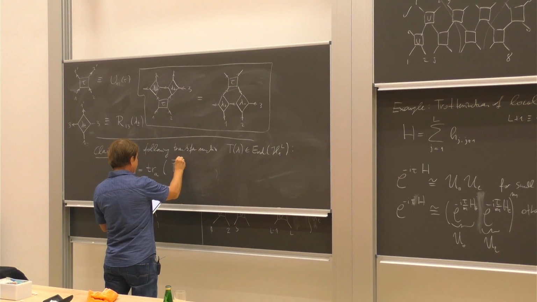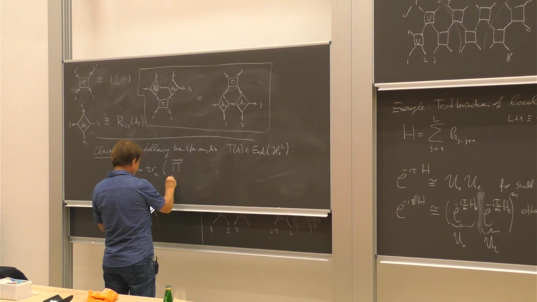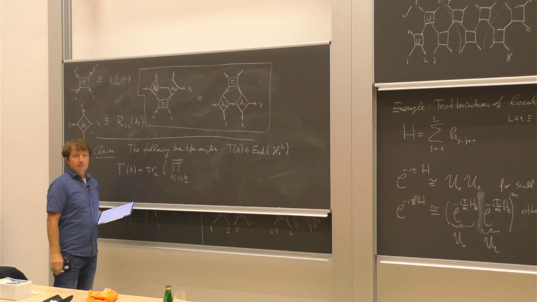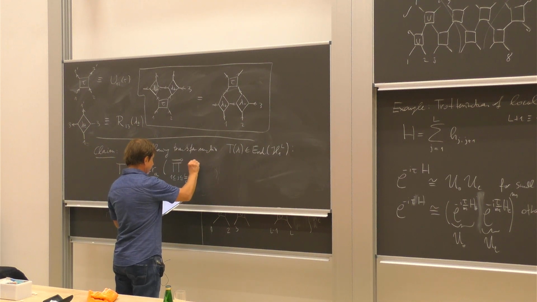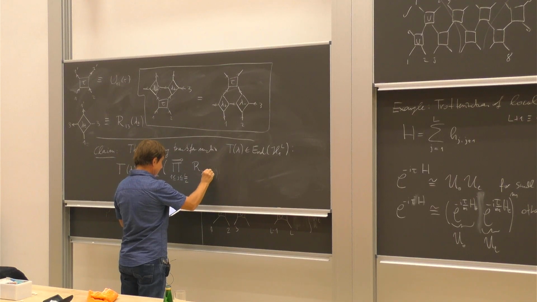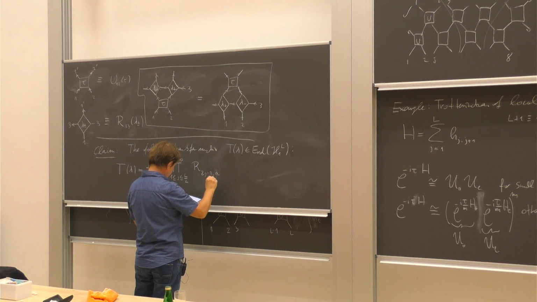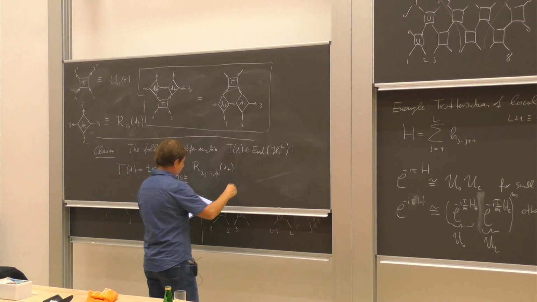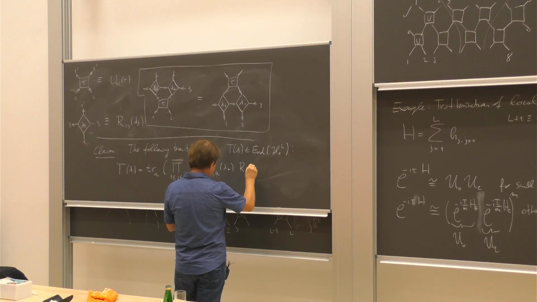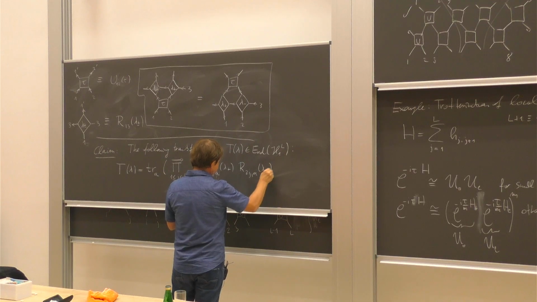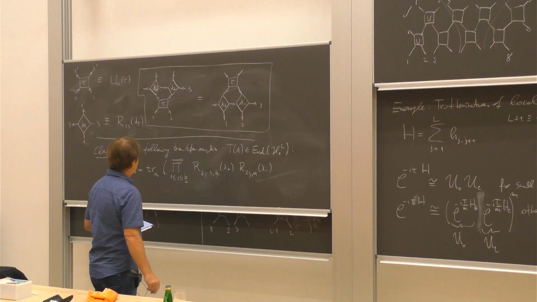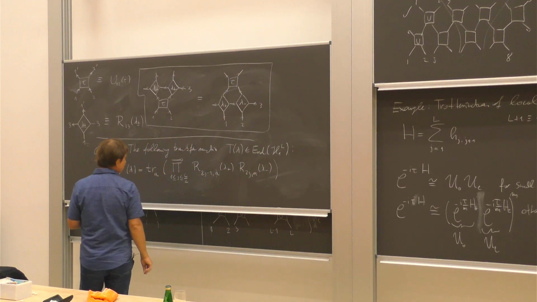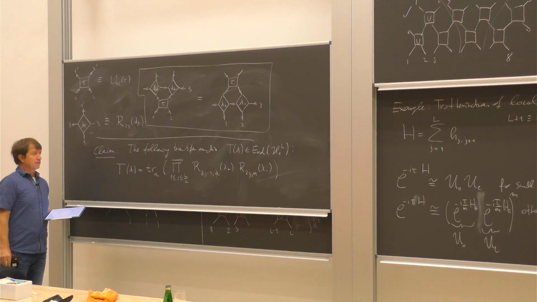And now this arrow says that j runs from left to right. So this is an ordered product over j running from left to right, from 1 to L over 2. It's a product of R, and now there is the odd-indexed with auxiliary, lambda plus, and then there is the even-indexed with auxiliary, lambda minus. And that's it. So that's sometimes referred to as a staggered transfer matrix, or diagonal-to-diagonal transfer matrix